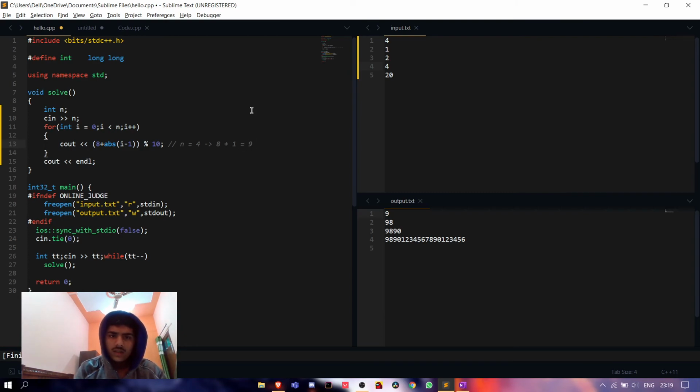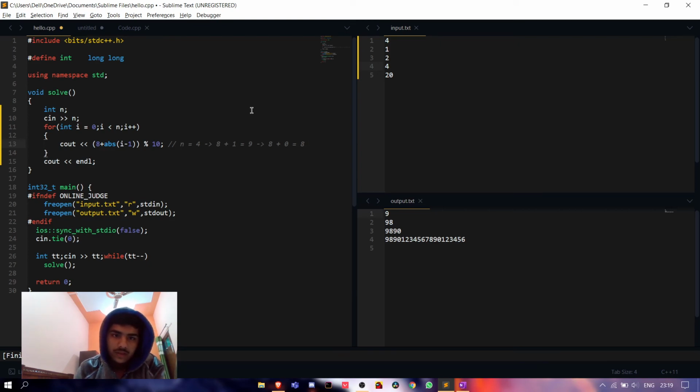And after that it will print 8 plus 0, because i will be incremented. So 8 plus 0, it will print 8. And like this, then it will print 8 plus 1.